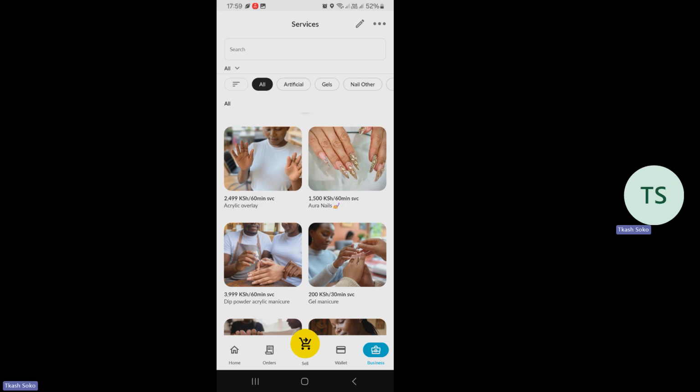Then number two, you can add missing items. Anything that is not there that you offer, you can get to add it. It's a very simple thing. You just go at the top, beside the pen, there are three dots. After the three dots, you choose add a service, and then you proceed and follow the procedure that we just followed. Then finally, we said you can also correct the prices, the names of these items, and you can also add more photos for the items. And that is how you fix your shop.